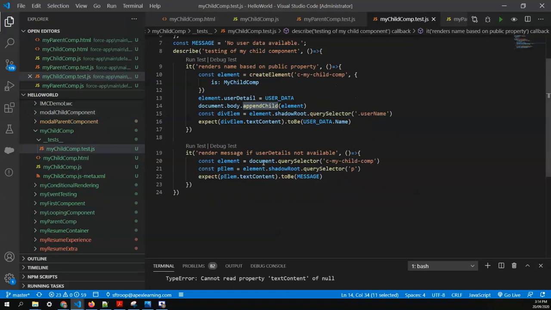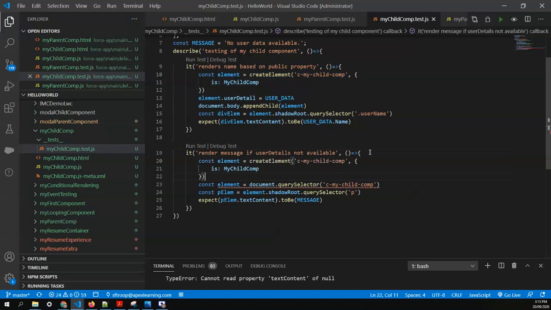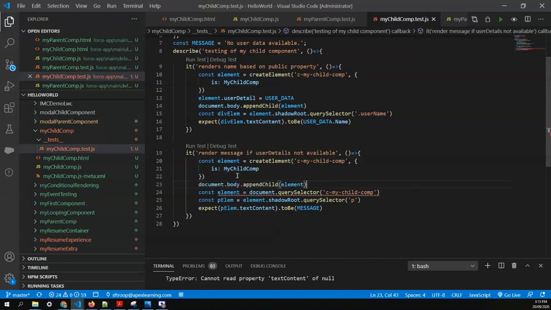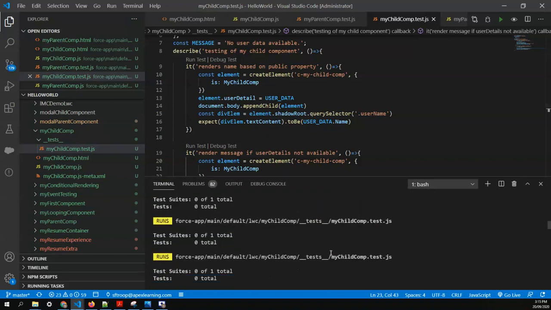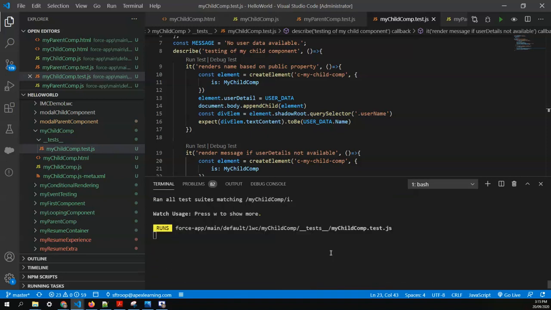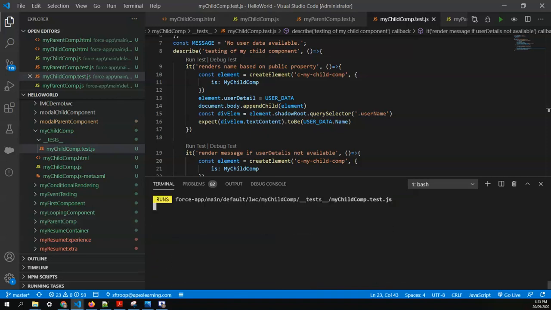And same case here, we can do that. Just copy paste the scenario and append the body, because in this case we don't need user details to be appended, so that it will show the message. And I hope this one should work now. Apart from this, right now I'm not able to see anything. Okay, let's see if our test cases are running or not. It started running. Let's wait.